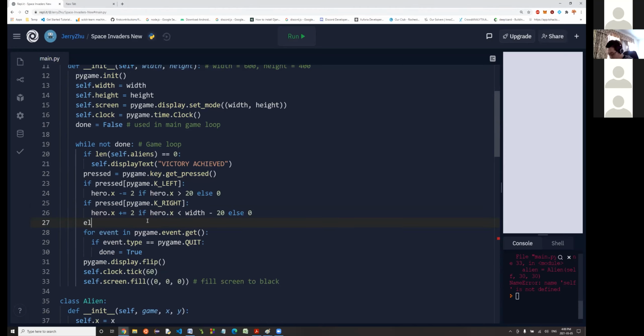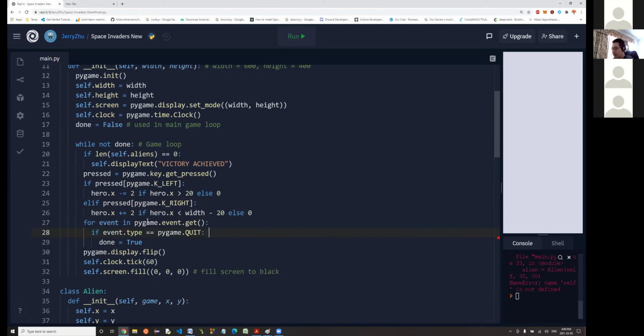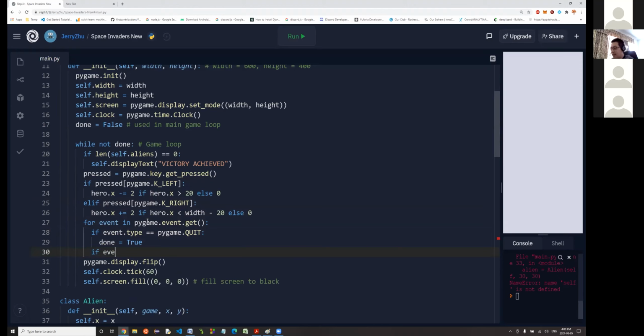Next, we have elif. This is also elif, because obviously we don't want both buttons to be pressed and the thing to just implode on itself. And then for event in pygame.event.get, if it's quit equals true, so event.type, and then we have if event.type equals